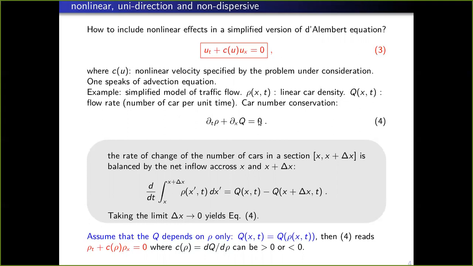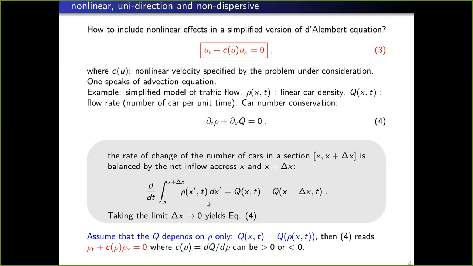And let us prove it rapidly. So consider the number of cars in a segment between x and x plus delta x. Okay, let's call this number n. And now compute the derivative of n with respect to t, which is the rate of change of the number of cars. So you can compute it simply by d dt of the number of cars. And the number of cars, by the definition of rho, is this quantity.